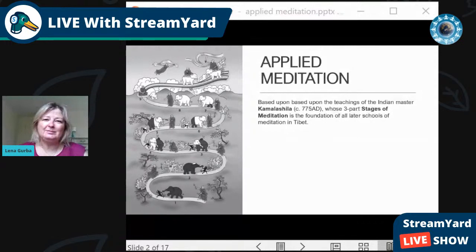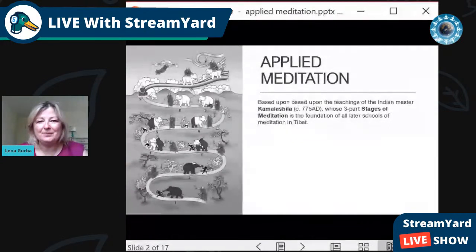Now, level five. The monkey is still on the back, and the meditator now is in front of the rabbit. So it's a wonderful stage to get to. So it means that you achieved